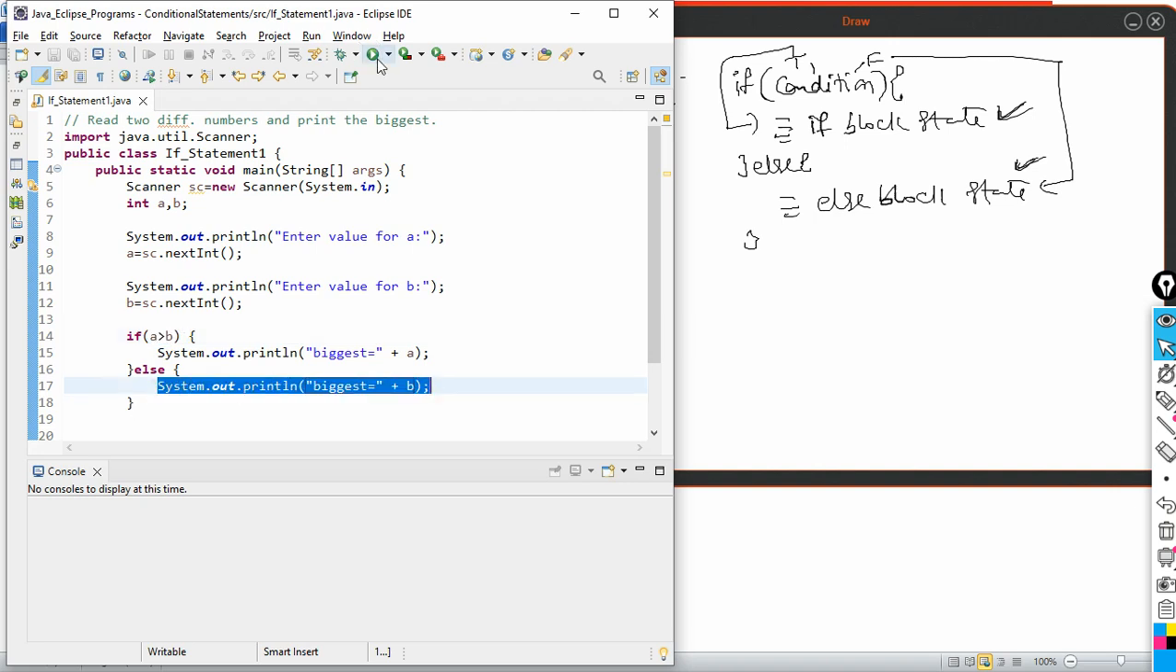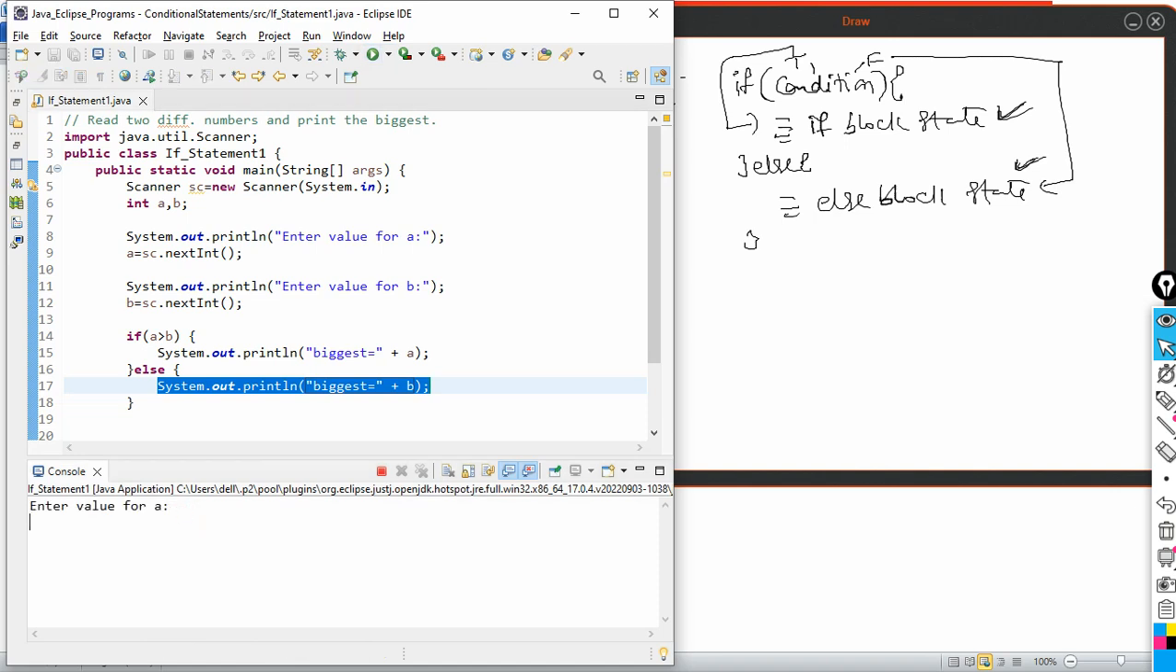Let us understand by executing this program. So I am executing the program. It is asking to enter the numbers. Let us see this. Enter the number. So I am giving 10, and then I am giving